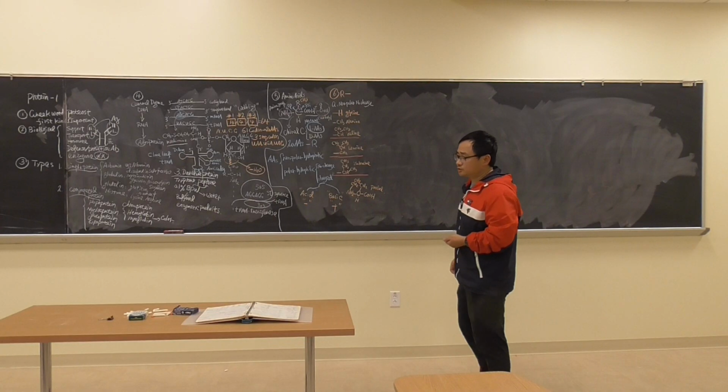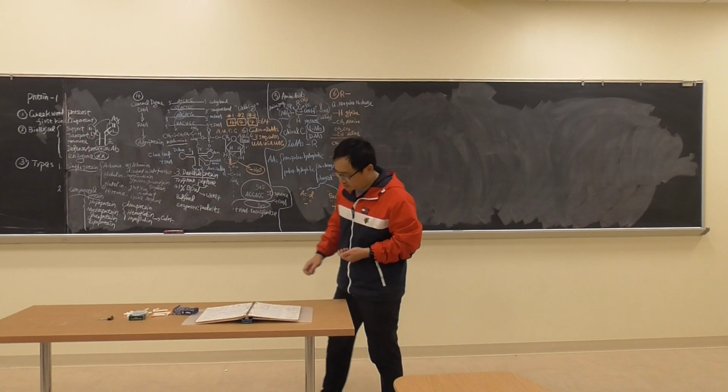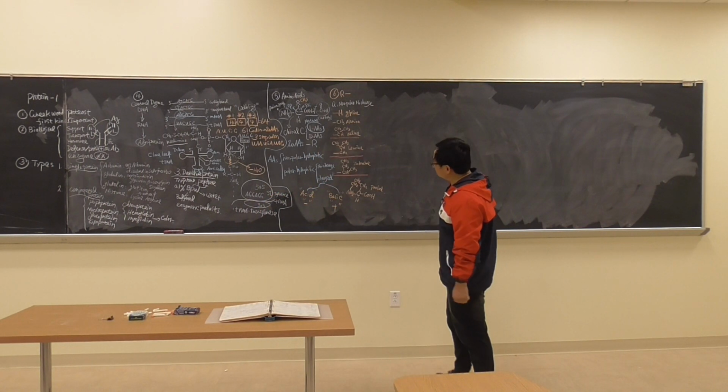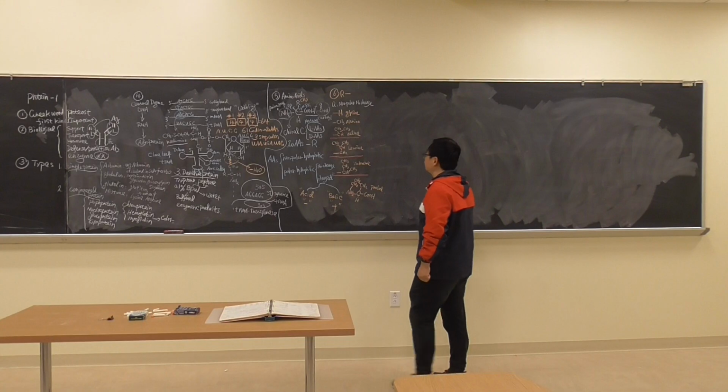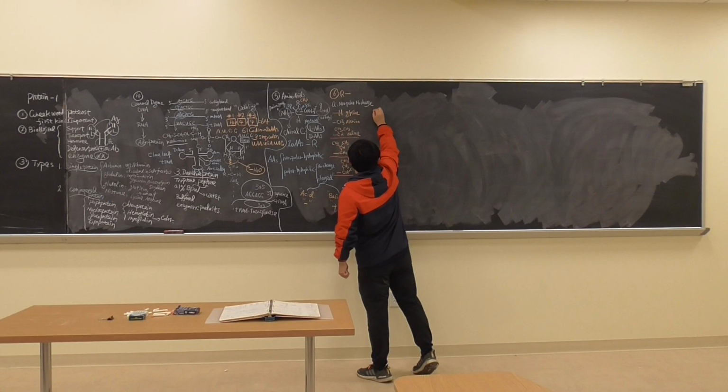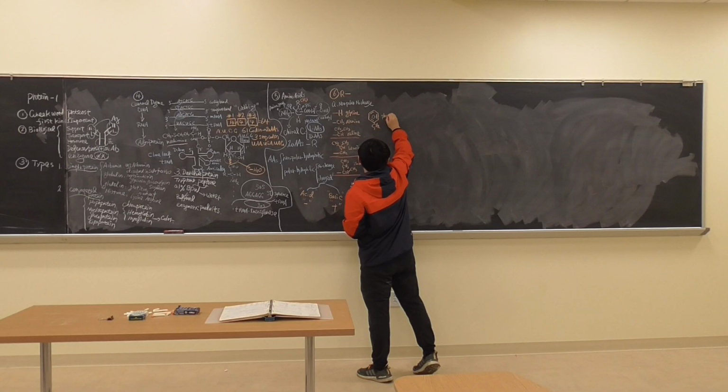Then we start to see a slightly more difficult structure. Why is it difficult? There's a phenyl group coming in. So you have alanine, and I'm going to add a phenyl group there, like this. Sometimes you just draw a circle, then you become a CH2. What is this called? Phenylalanine.